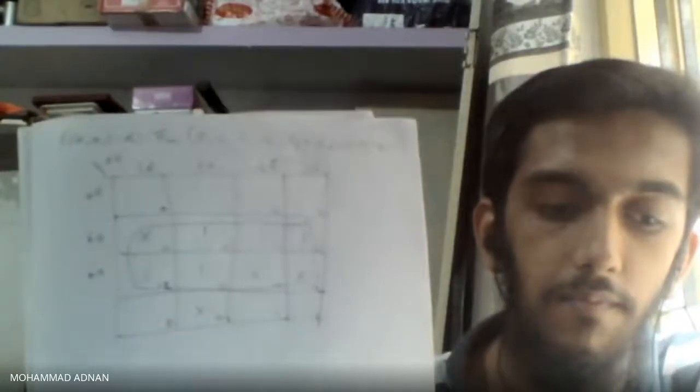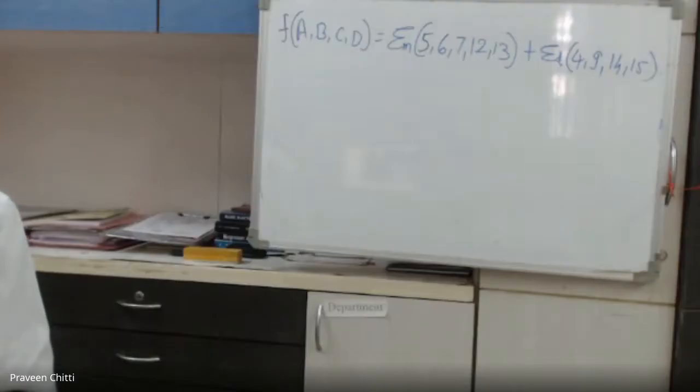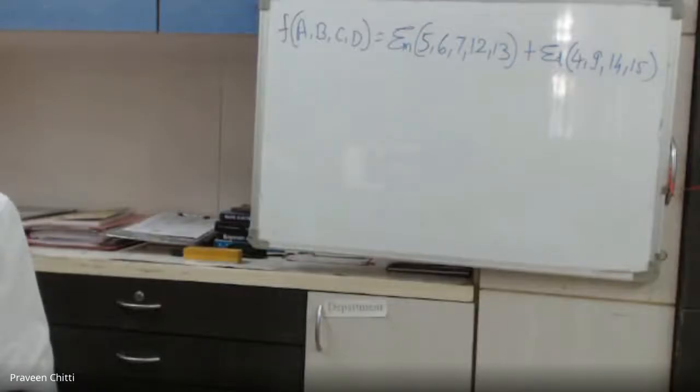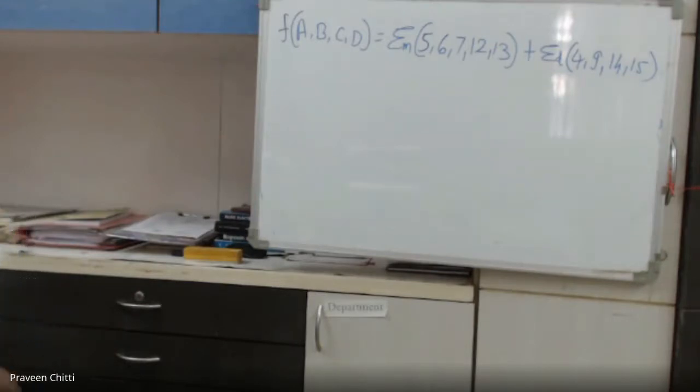You can see how he has solved. I hope all of you are able to see his screen. Anybody not able to see? Just click on his name, Adnan, and pin. There will be one pin symbol. If you pin, you will be able to see that. Is that clear? Again, I am not getting any answer from anybody. All of you understood this particular example, or do I need to solve this again?